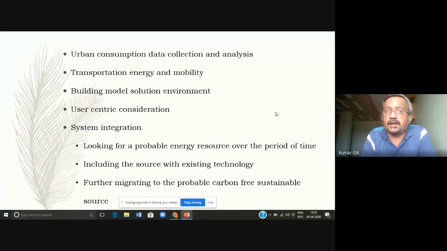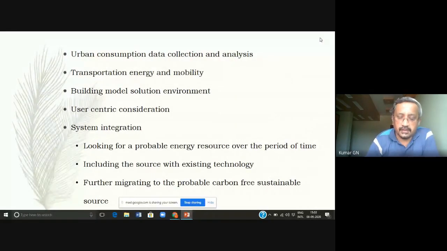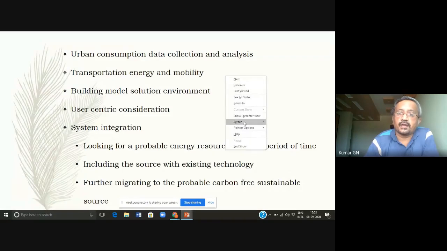Next, the building model solution and environment. As I said, the building should be constructed so that we use natural light and natural air circulation, so that we can reduce the consumption of electricity. With respect to the second point, that is transportation, energy, and mobility, nowadays we are planning to